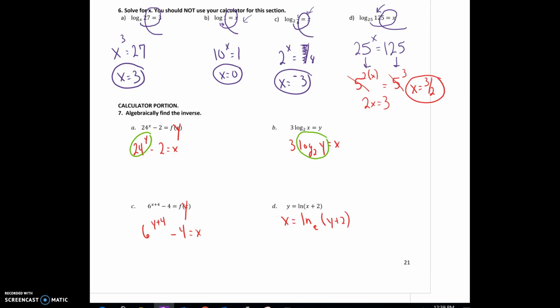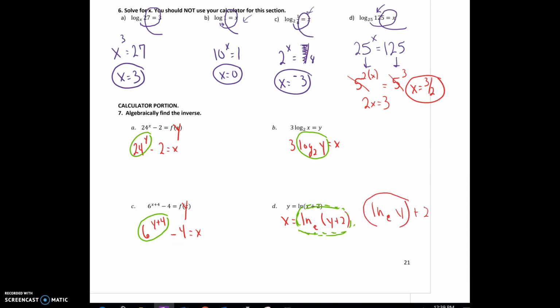So when I go to c, this is an exponent problem, so I just want to circle the base and the exponent. And when I go to d, I want to circle the log. So this natural log with the base of e, all of this is part of the log. And I know that all of that is part of the log because that y plus 2 is wrapped in parentheses. If it had been written like this, which I'll erase in just a moment,